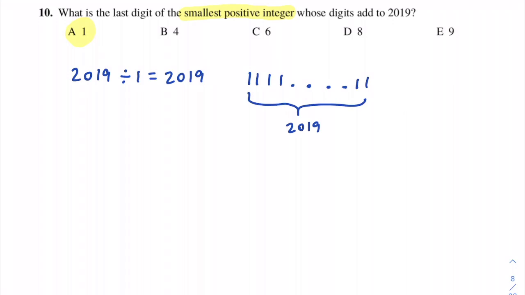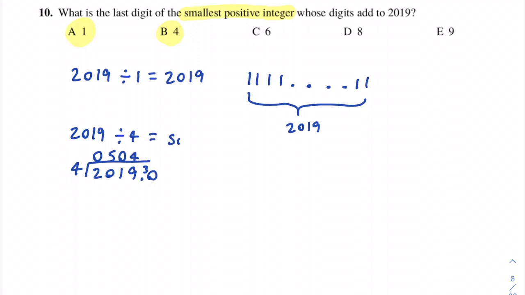So if we look at the next one, so B is 4, so here we could do 2019 divided by 4. So here we could use short division. So we say how many times does 4 go into 2? Well, that's 0. Then how many times does 4 go into 20? That's 5. Then how many times does 4 go into 1? That's 0. And how many times does 4 go into 19? That's 4, with a remainder of 3. Okay, so we can write that as 504